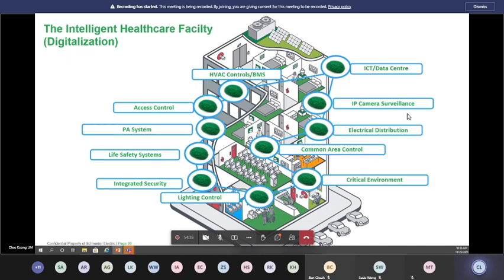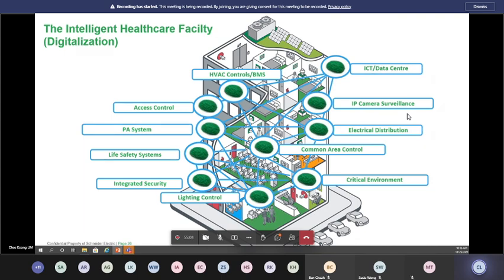The word digitalized is to make sure that every single one of these brains is actually talking to one another. You can make use of the information that I'm sharing today in your own work. And at the same time, when I request information from you, you can share your expertise with me for me to do my job. That is where the process of digitalization will happen. And that takes a lot of cooperation, a lot of connectivity work, and a lot of understanding in terms of protocol connection.